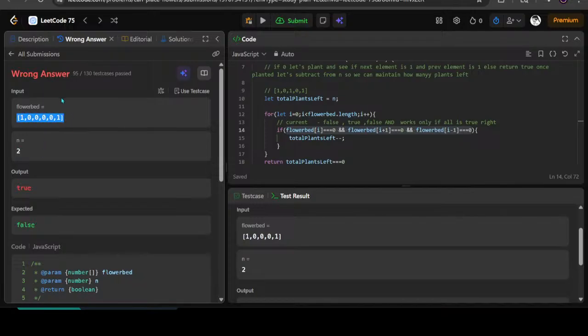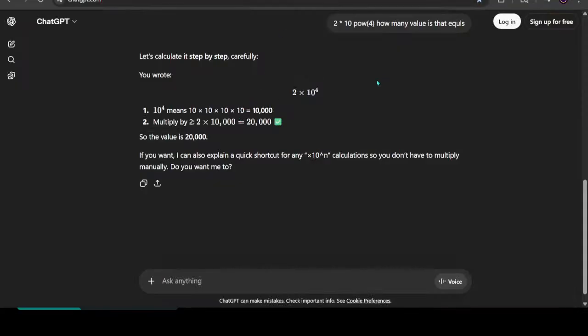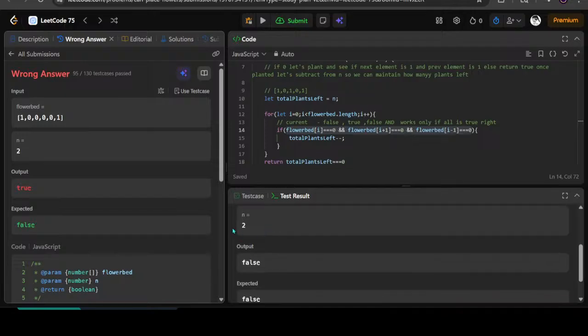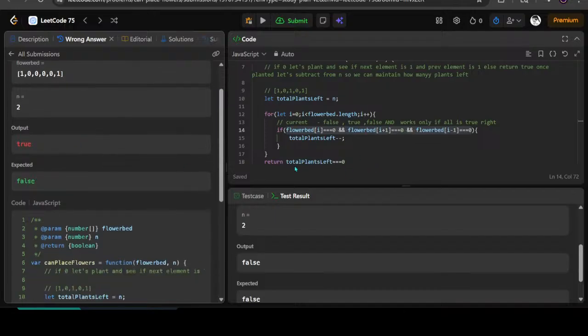The value of the array can go till what was the number? The value of the array can go till 20,000. I can't write the edge cases for each one of them. We need to make a dynamic solution. If this has passed, then this should be passing twice. I got 5. If this thing didn't work,